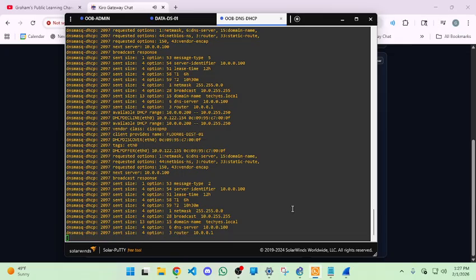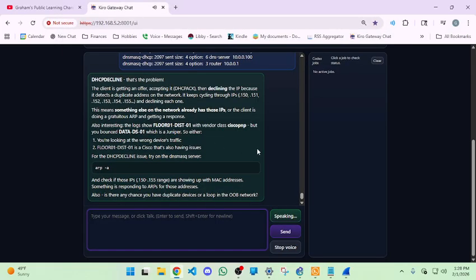DHCP-DECLINE, that's the problem. The client is getting an offer, accepting it, DHCP-ACK, then declining the IP because it detects a duplicate address on the network. Ouch. It keeps cycling through IPs, .150, .151, .152, .153, .154, .155, and declining each one. This means something else on the network already has those IPs, or the client is doing a gratuitous ARP and